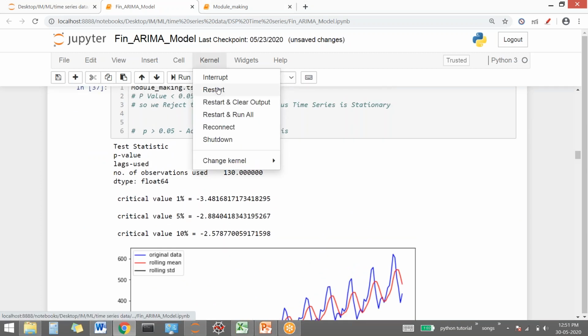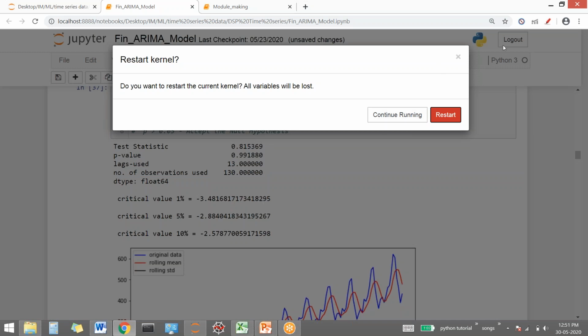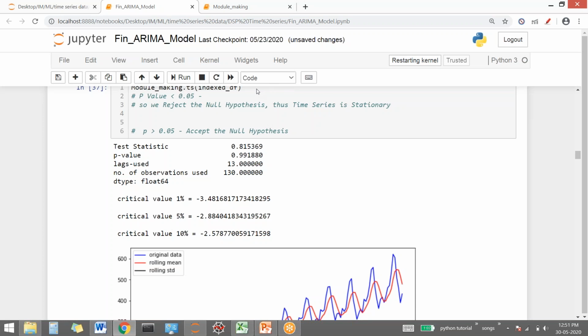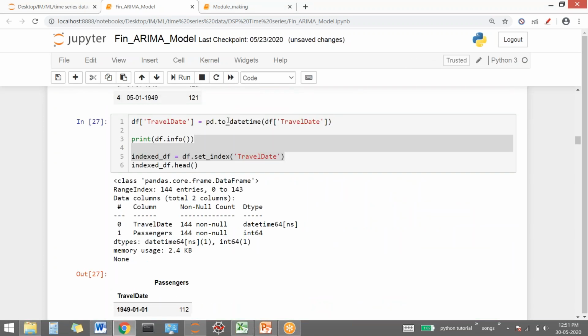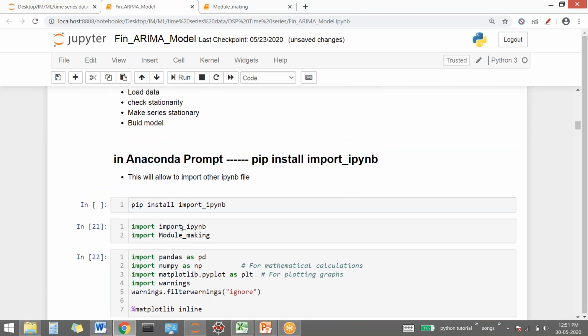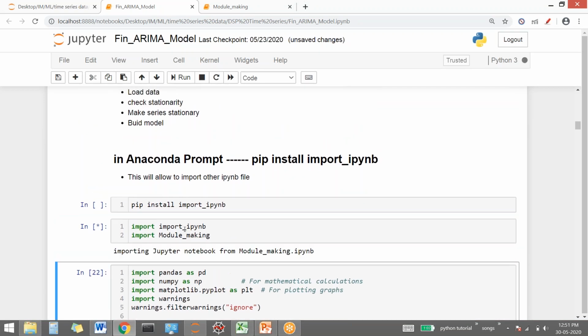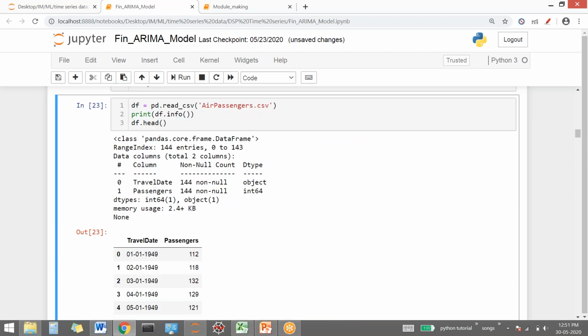I need to restart because I changed the window from 5 to 12 in the kernel. So in order to see the changes, I need to restart it.